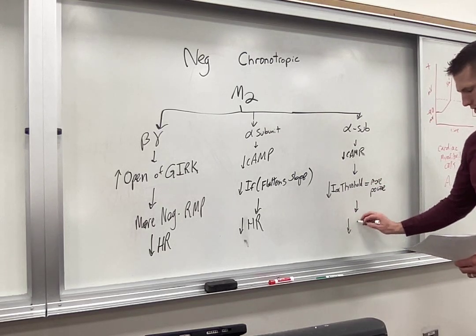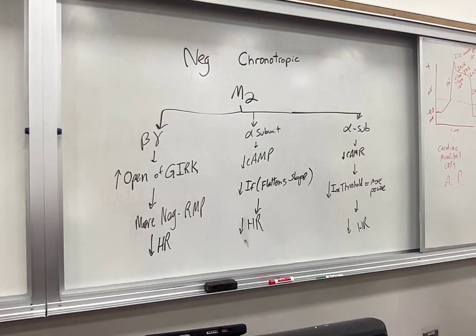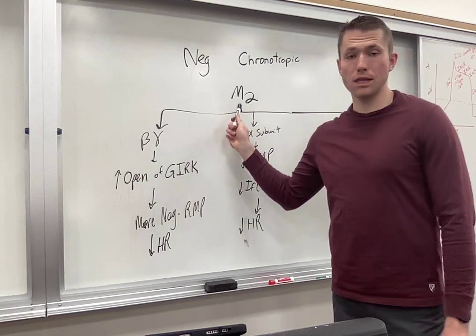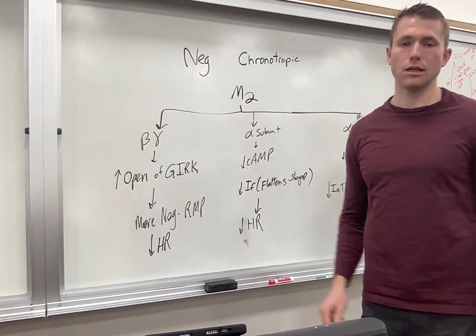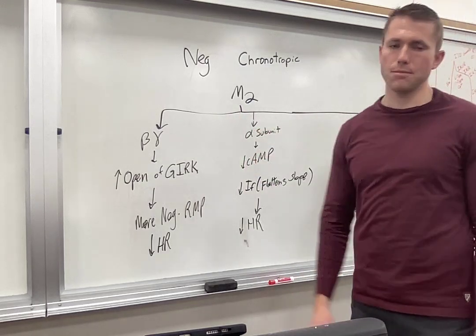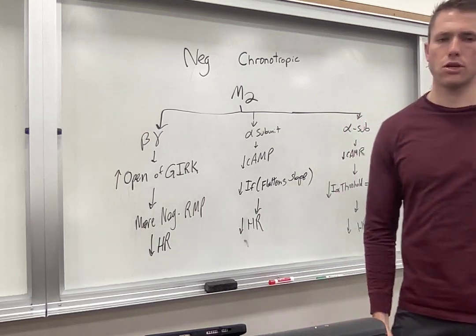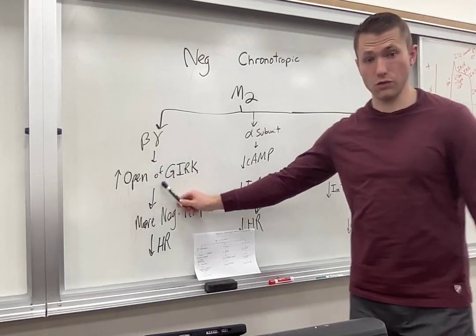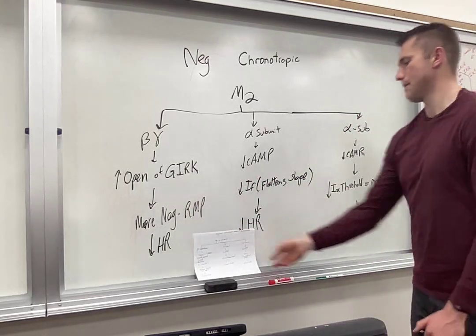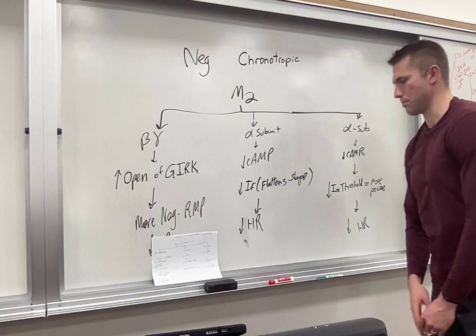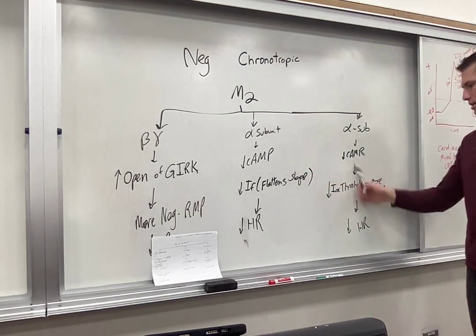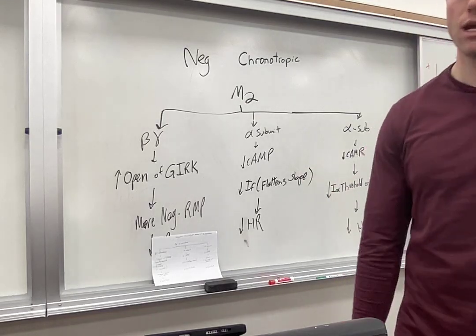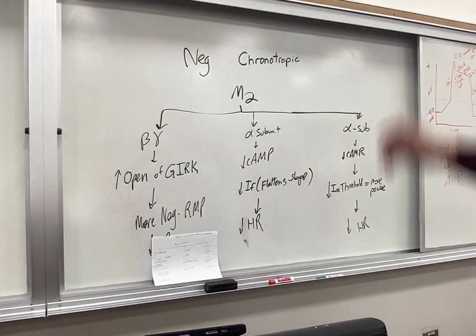Which decreases the heart rate. A lot there. Negative chronotropic effects. The parasympathetic nervous system sends acetylcholine through the vagus nerve to muscarinic type 2 receptors, which are on the sinoatrial node and other places of the heart. That causes the opening of GIRK channels, hyperpolarization, and a decrease in cyclic AMP. That leads to a flattened slope, causes a decrease in the calcium influx, and that causes a more positive